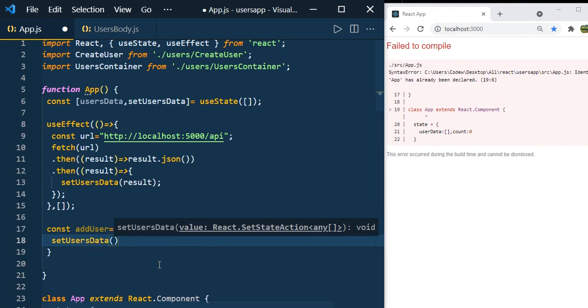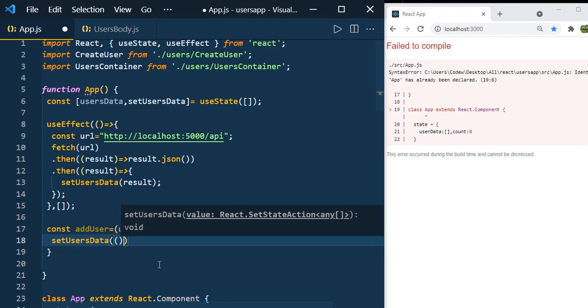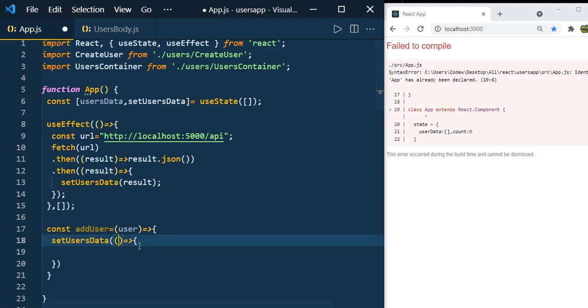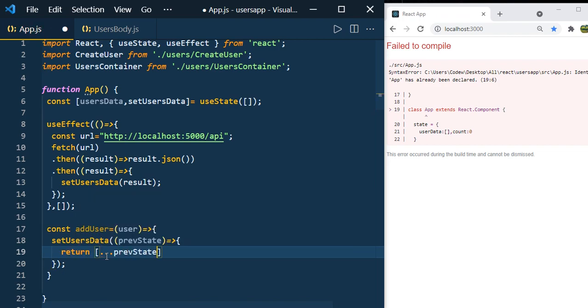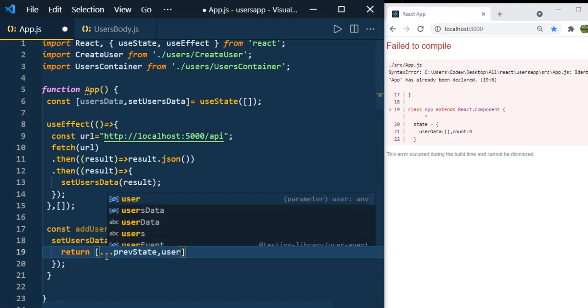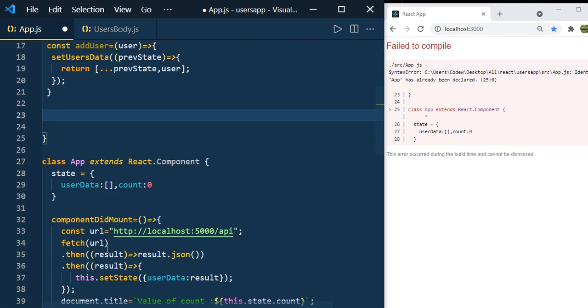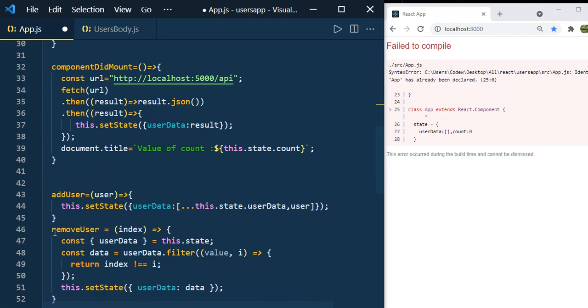We know that we can update the state using useState in different ways, like taking the previous state and updating it, and that is the best practice. So take the previous state and inside that just return, using the spread operator, the previous state and comma user. Come to the next line, and now we need to define the removeUser functionality.